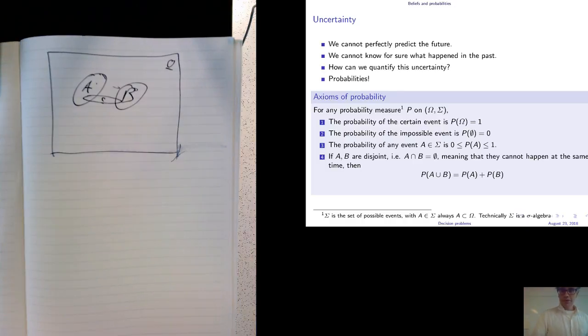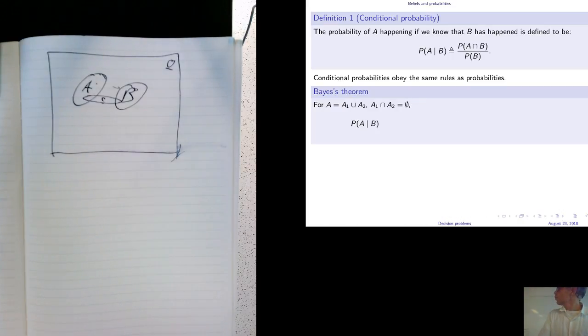So there is one thing that is of interest to us sometimes, and this is what happens if you know that some event happened, then what's the probability of the other event? And this is very, very important, because if you think about one event B as somebody telling me that it's going to rain tomorrow, and A is the event that it rains tomorrow, then maybe before I actually hear this information, I have some, okay, probably it's going to rain tomorrow, and then this person tells me, no, it's not going to rain tomorrow. Maybe I believe him, and then my idea of whether it rains changes. Okay? So the definition of what is called conditional probability just says,